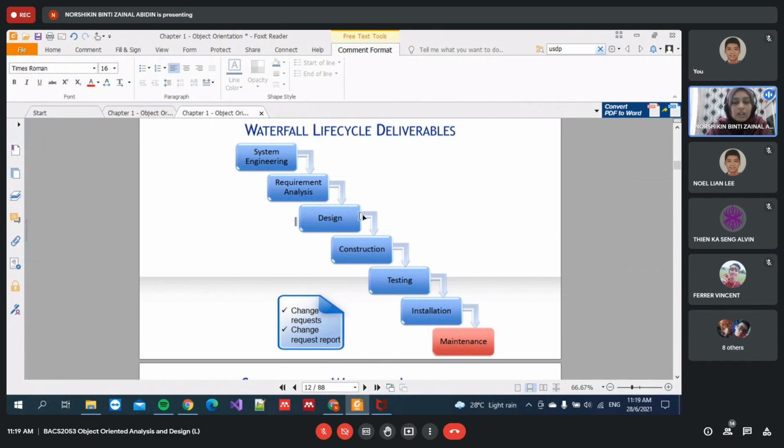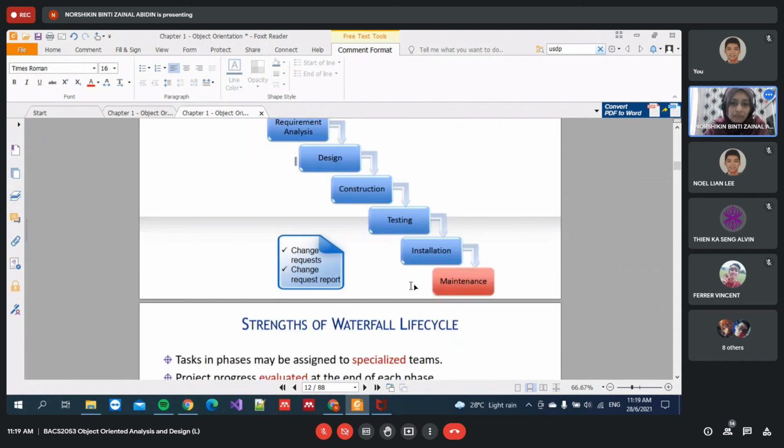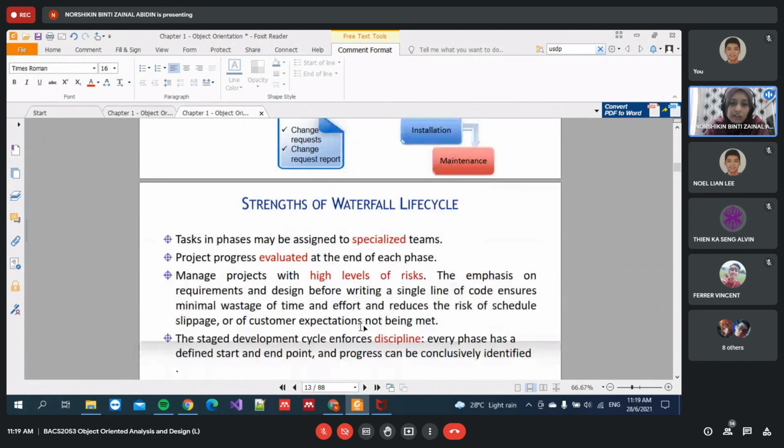So they will design all the time, and then usually they will focus, or they will give longer time to these two phases here, construction and testing. So they should design the Gantt chart or the timeline so it can meet the user expectation. And then the last one is